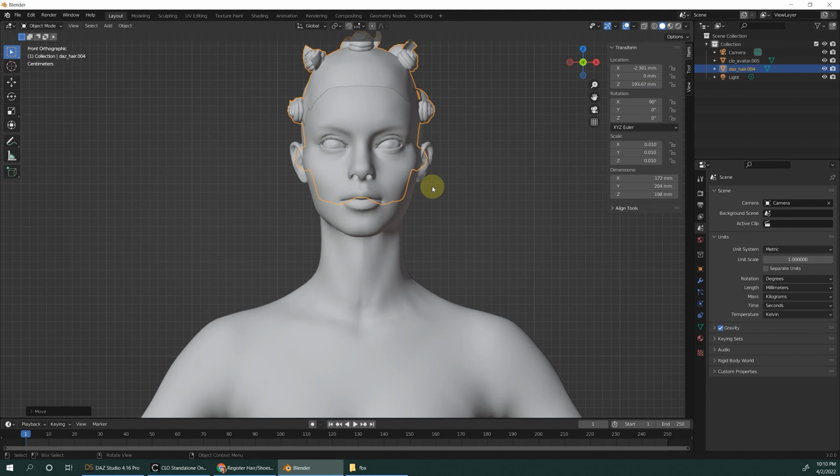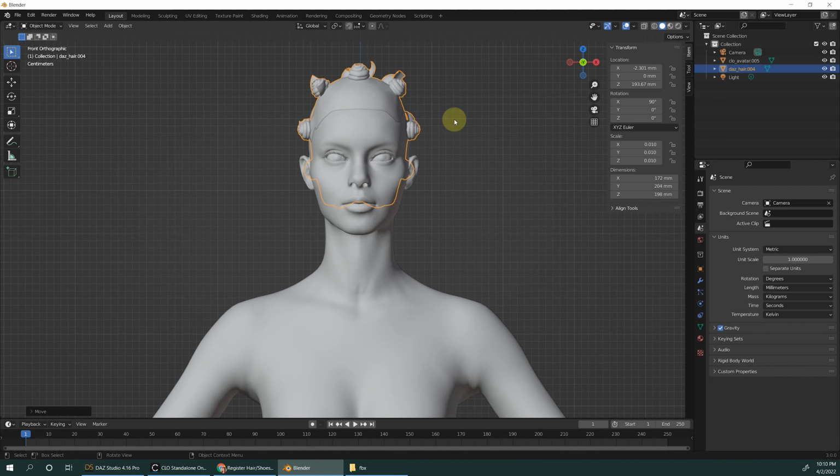We can see the hair is a little bit smaller than her head, so we need to scale it. But we only need to scale left and right, not up and down.